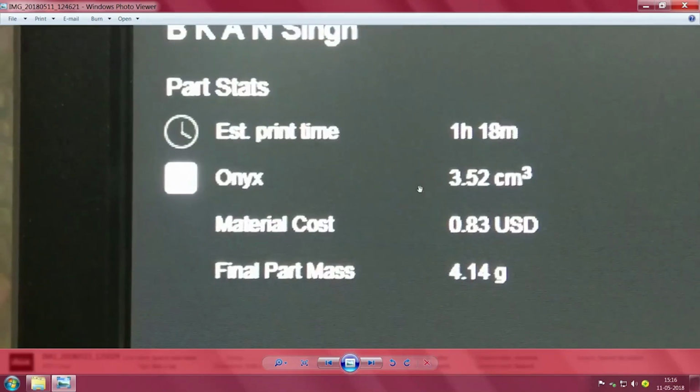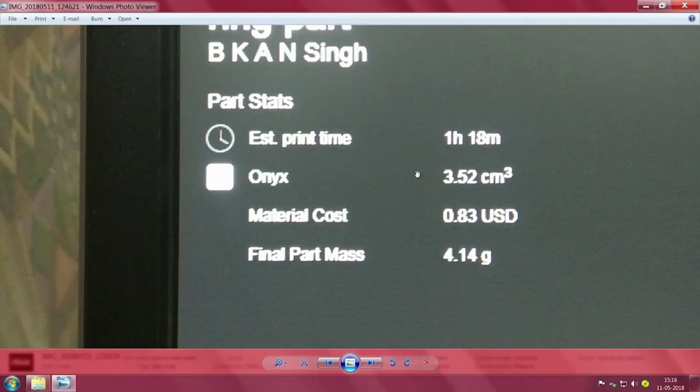Now, print time, you see there, that simplest box you are talking about takes more than 1 hour. It is a very tiny thing. The size was 30 mm, or I am sorry, it may be 40 mm by around 25 mm by 25 mm. It takes more than 1 hour to print, and the overall volume and then the mass of the object,